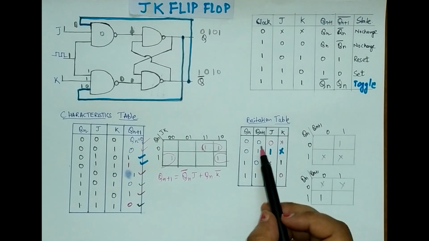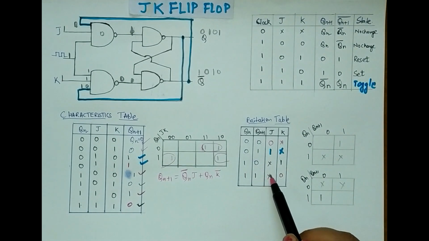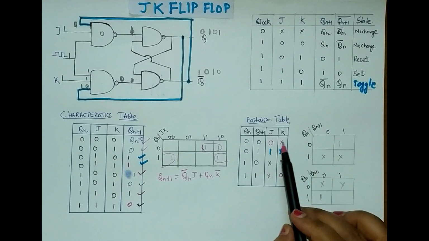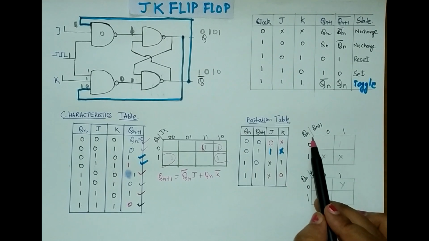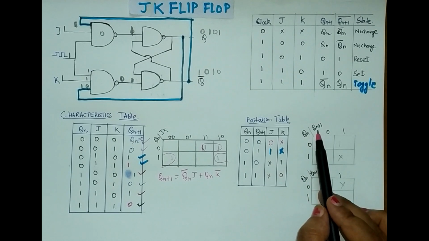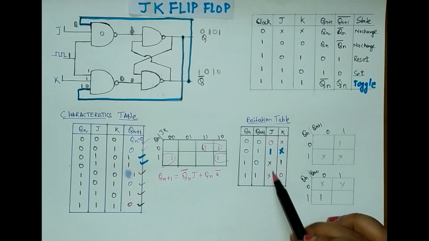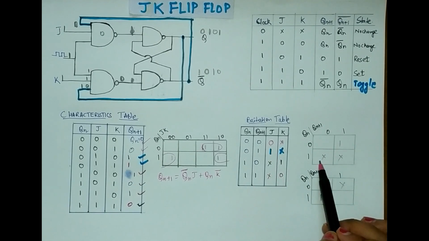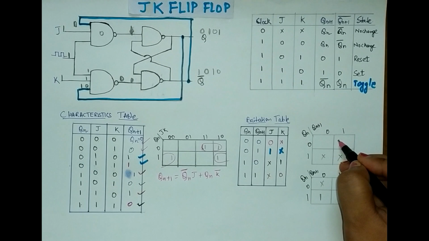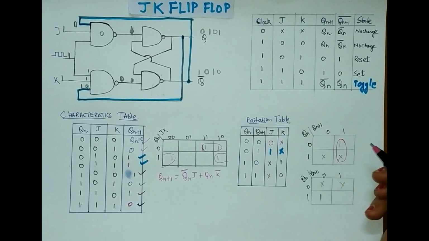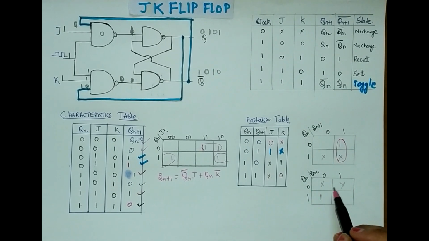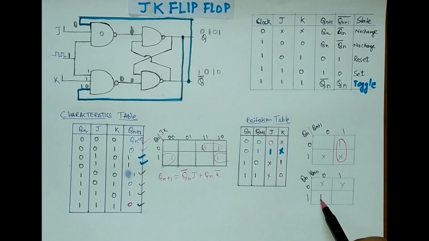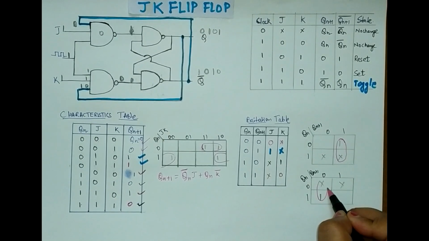Now again we will write down the equations from the excitation table. Let us make the K map. First I will take J, then I will take K. Qn and Qn plus 1 are the two values. See, first the truth table of J: 0 1 don't care, 0 1 don't care. So this pair will be made. And again for this K map, it is don't care 1 0, don't care 1 0. So this pair will take place.